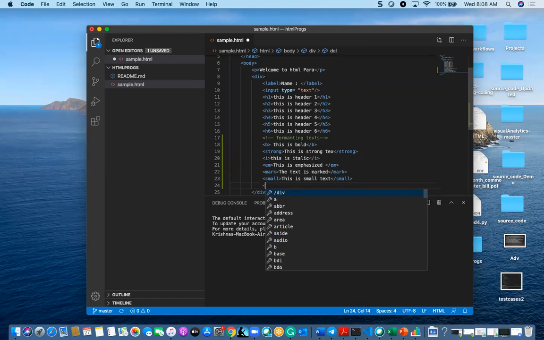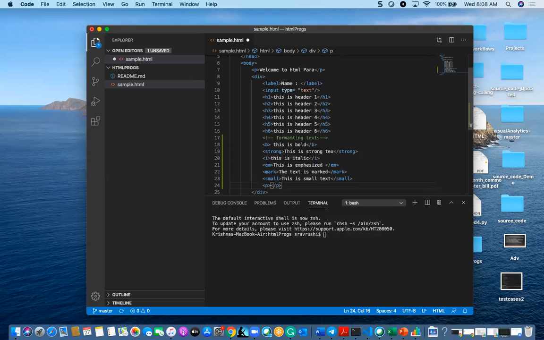And one more thing is delete. Suppose I want to have a para, and this para has a delete tag.